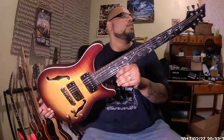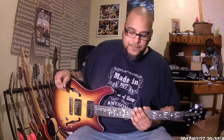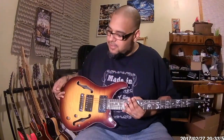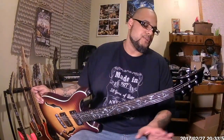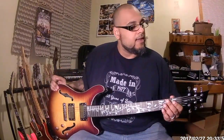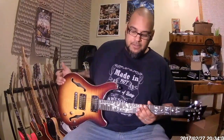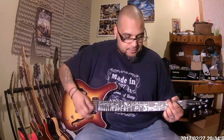This is my Harley Benton HB24. It's a hollow body from Harley Benton and Tillman. And I tell you, I put these on here because this has the wraparound tailpiece that has the intonation on it. So I put those on there because any slippage or anything, you notice right off the bat. Got some D'Addario XL 10 to 46 on there, and they are nice and stretched out. And let me tell you, these things here,